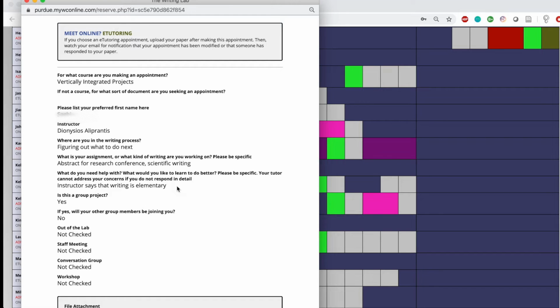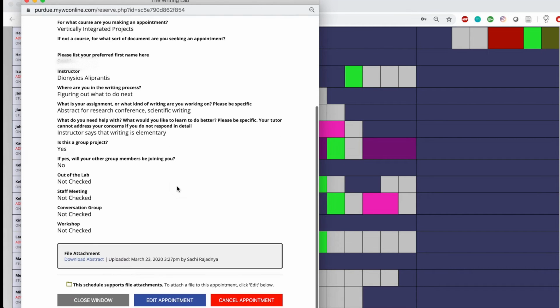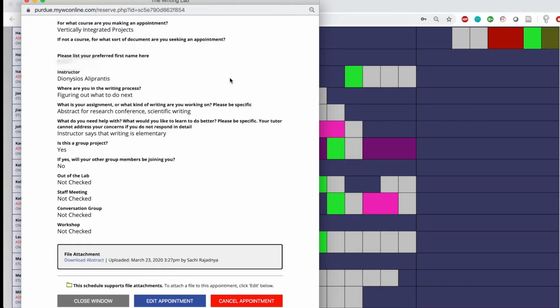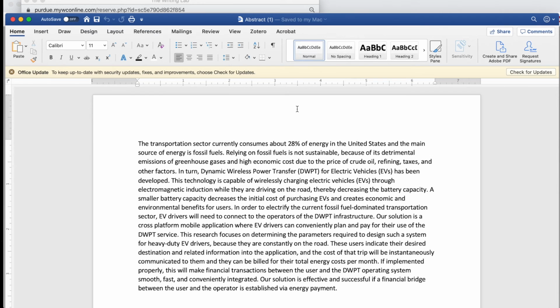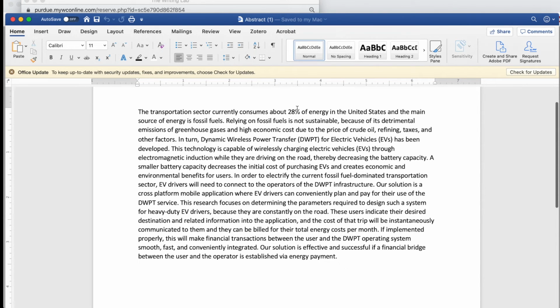To be able to start the session, if I scroll down to the bottom of our client report form, I'll be able to see that the client has uploaded a document. So if I go ahead and click here, I can open the attachment. Okay, and so like I said, the client just uploaded a brief abstract, and what we're focusing on today is